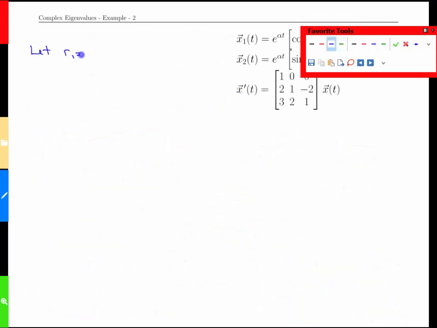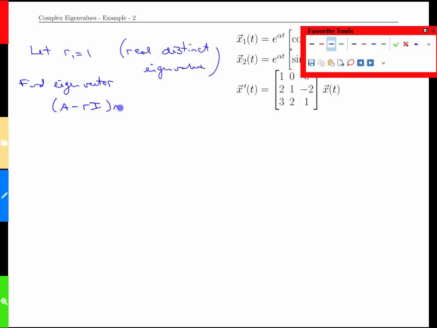Let's let r1 be 1, and that's the real, distinct, there's no other solution like it. That's an eigenvalue. And what we want to do is find the eigenvector for it. And that comes from the matrix equation A minus Ri times V equals the 0 vector, or in our case, subtracting 1 from the diagonal,